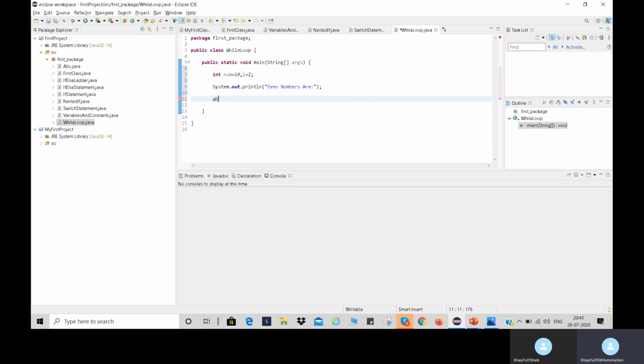Now I'm writing the while loop. While the condition is while I is less than or equal to num, begin. System.out.println, print I. I'm printing the value of I, and after that I'm increasing the value of I: I plus equal to 2, which is nothing but I is equal to I plus 2.